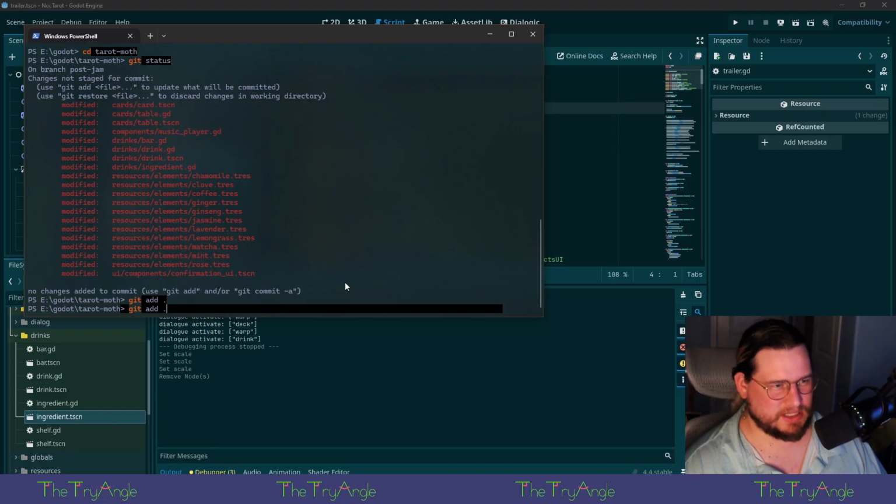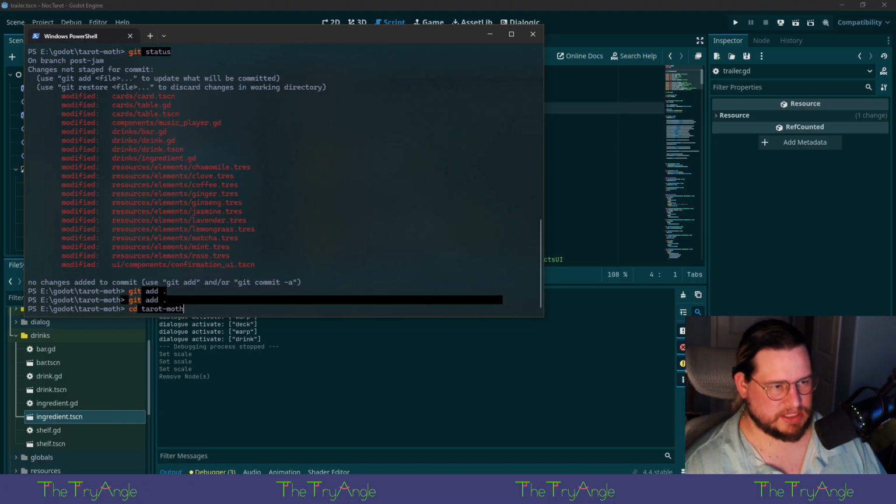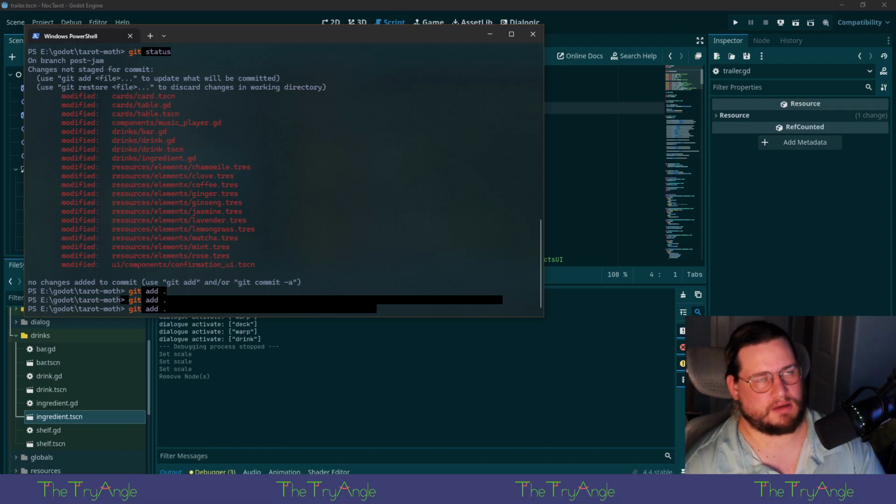So let's see here. Let's add that. Yes, and then git commit. Actually, let me think here. And it's such a good commit message.